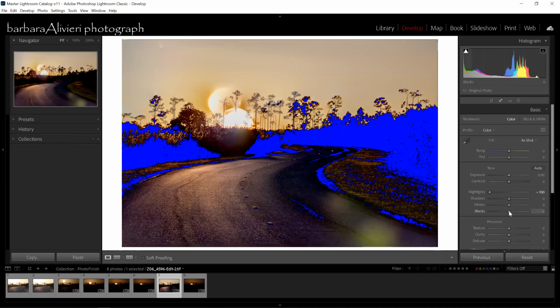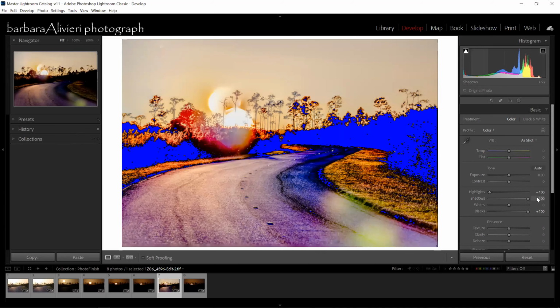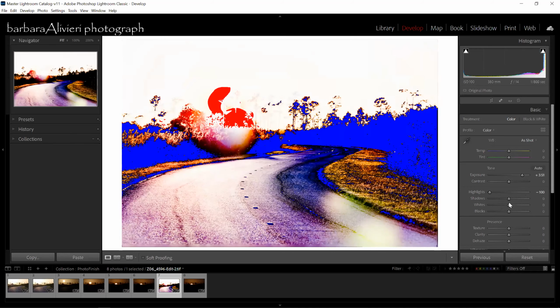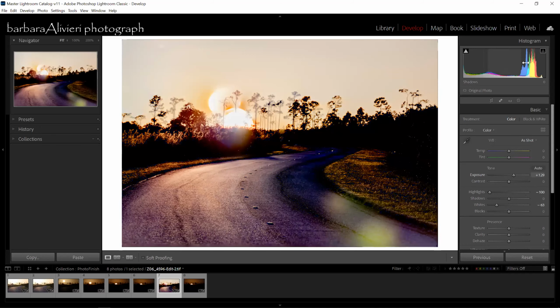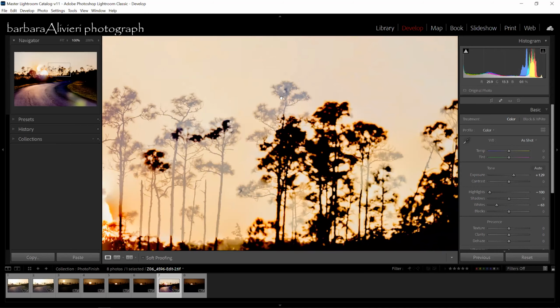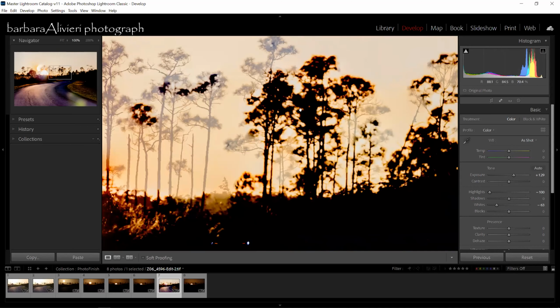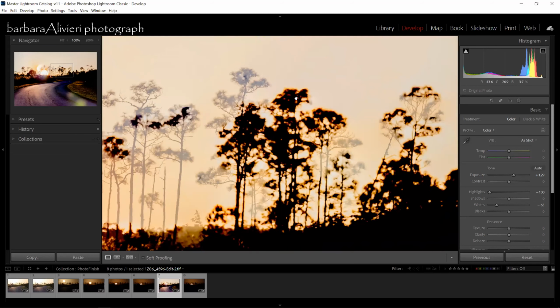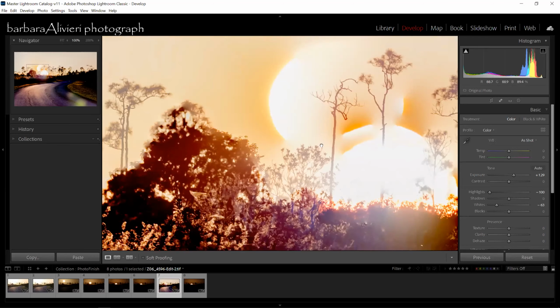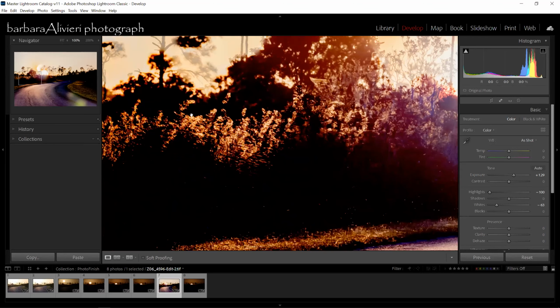Let's try this. Oh, we're really making this look bad. But I want you to be able to see what we did. I'm going to turn this off. This is not what you want your image to look like, but you can see that the road, like I said here, the road is in focus. These trees are in focus. The reason this tree looks so fuzzy is because it used part of the image that the sun was really blowing up and it just kind of melted the whole thing. But you can see these trees here are in focus. These trees here are in focus. These little bushes are in focus.